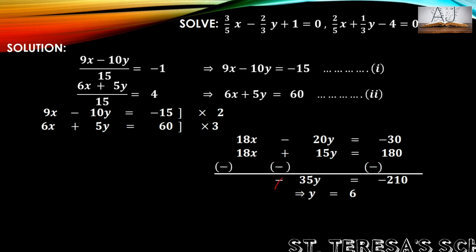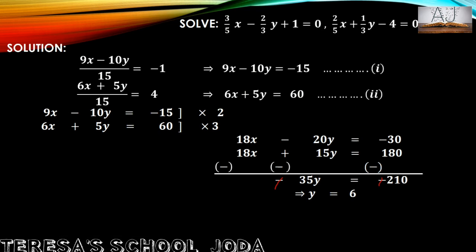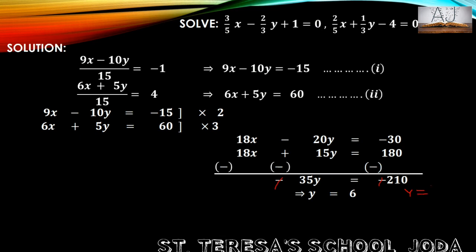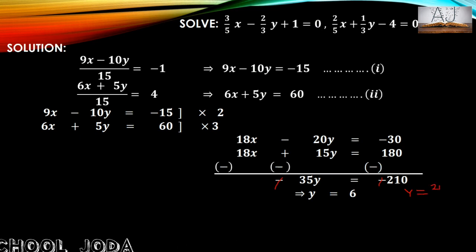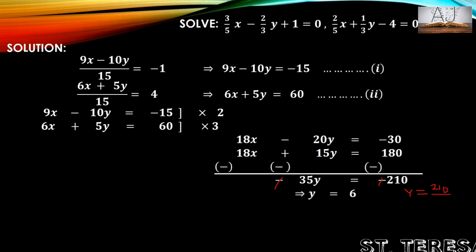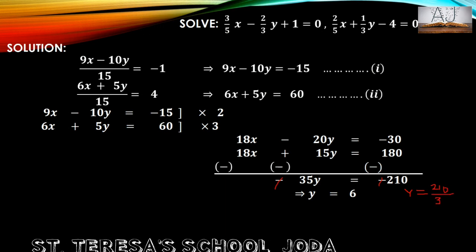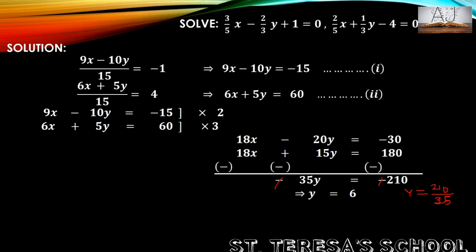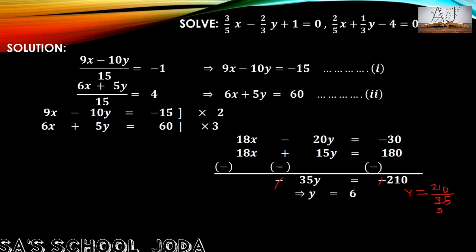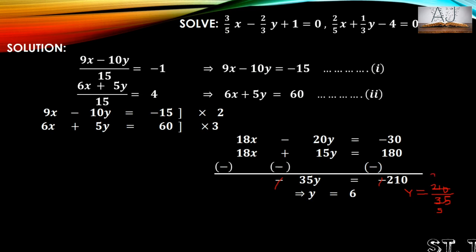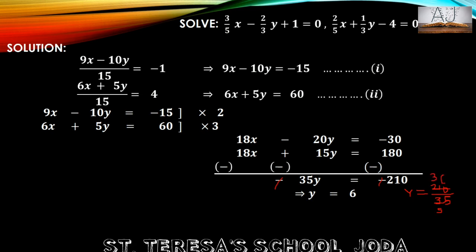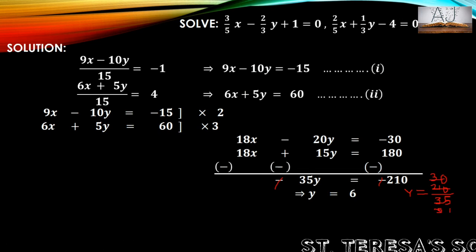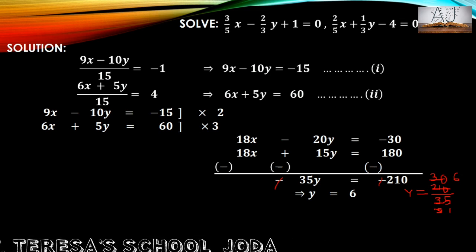Minus minus on both sides is first cancelled. So 35y equals 210. Then y equals 210 by 35. Now we have to cancel this and make it in the simple form. Let us cancel by 7 first. 7 fives are 35, so we write 5 there. The numerator by 7, 7 threes are 21, so 30. So 5 and 30. Now we can cancel by 5 also. 5 ones are 5 and 5 sixes are 30. So the value of y has come 6.